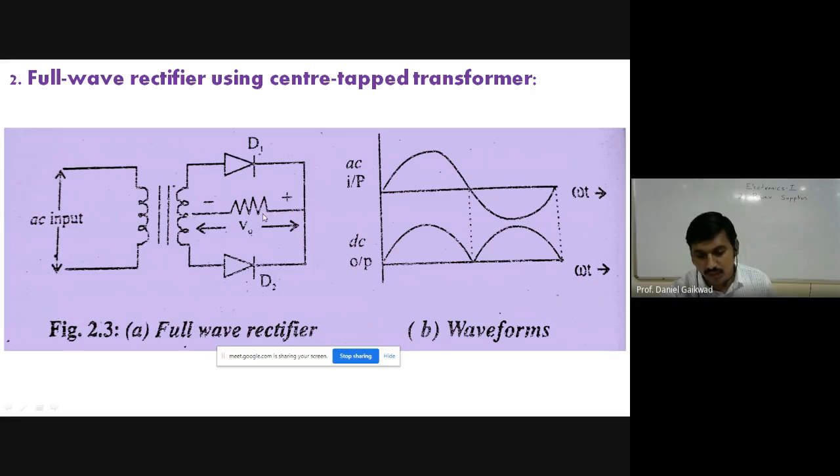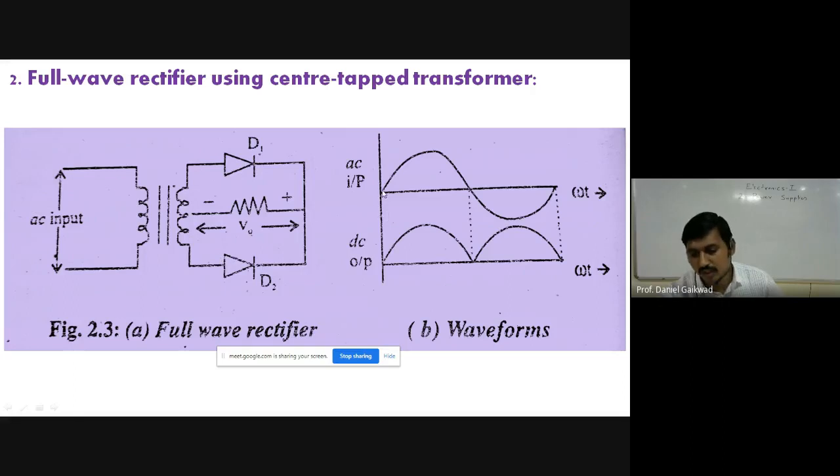So between the center tap and the common negative terminal we have the load resistance, and accordingly the potential or DC voltage appears as plus and minus across the load resistance, and that is the output voltage VO. So check the diagram carefully, try to draw the diagram. These are very simple diagrams. This is the diagram of the transformer, the symbol of diode D1, diode D2, the load resistance, and the simple connections here.